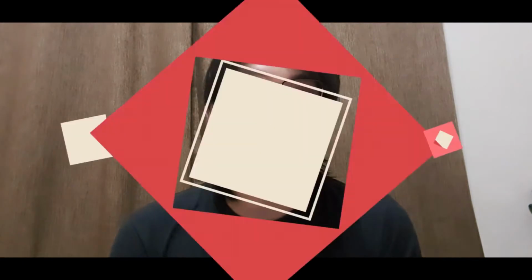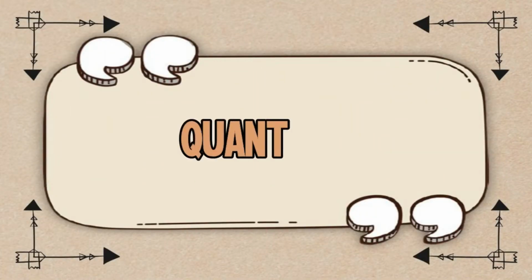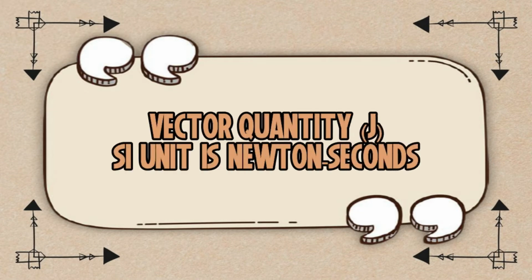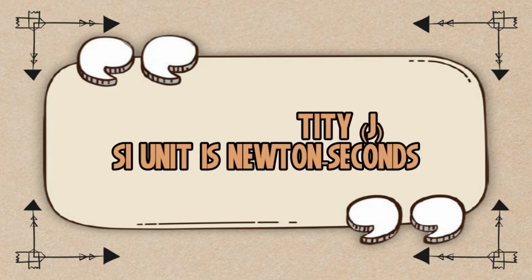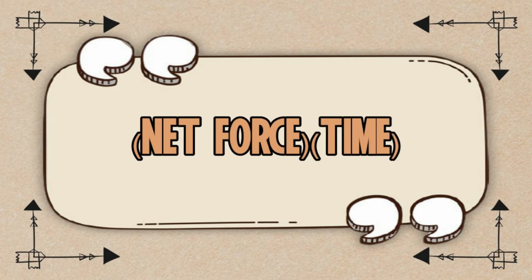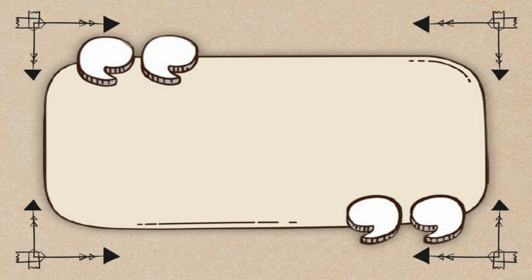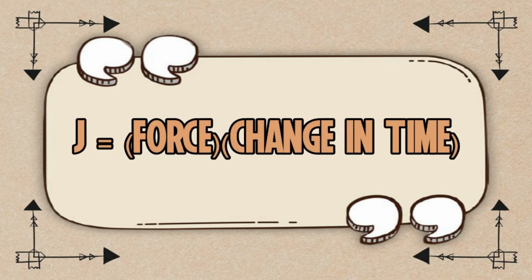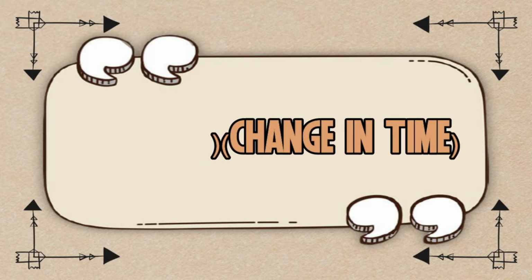And now that we know about the concept of momentum, let us head over to Mr. Reian Mapue to tell us more about impulse. Thank you, Andrei. Hello, my name is Mr. Reian Mapue, and let us now talk about impulse and the conservation of momentum. Impulse is defined as the term that quantifies the overall effect of a force acting over time. It is a vector quantity with the given symbol J and is expressed in newton seconds. It is the product of the net force acting on an object and the time the net force acts on the object. In short, it follows the formula J equals force multiplied by change in time.